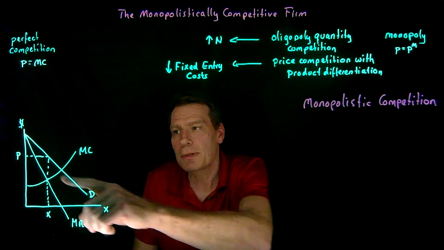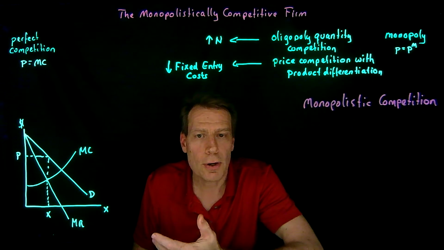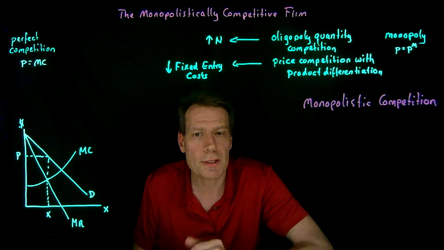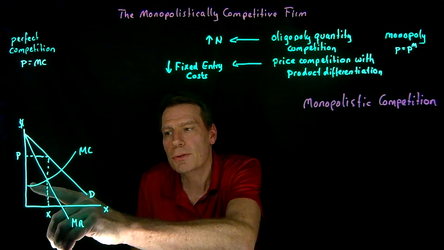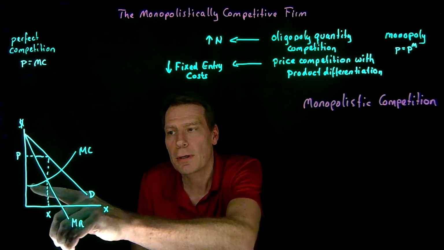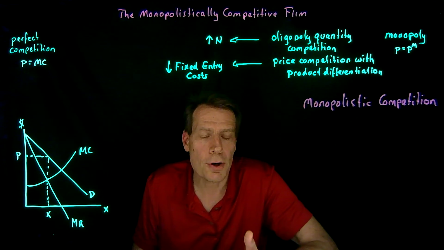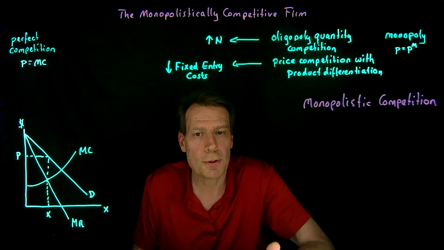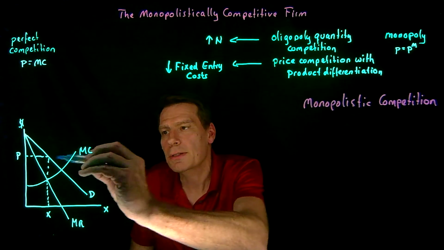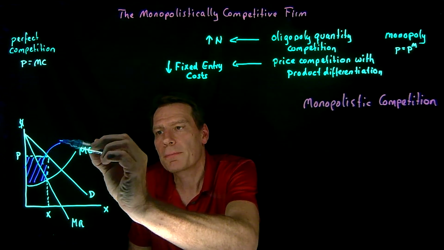That profit is simply the total revenue box, price times quantity, minus the total costs, which are captured by the marginal cost curve, as long as there are no recurring fixed costs. The marginal cost is just the cost of the first unit plus the additional cost of the second unit and so forth. So the area underneath the marginal cost curve is the total cost of the firm if it's not facing recurring fixed costs. Subtracting that from the total revenue box, we get a profit of this area.